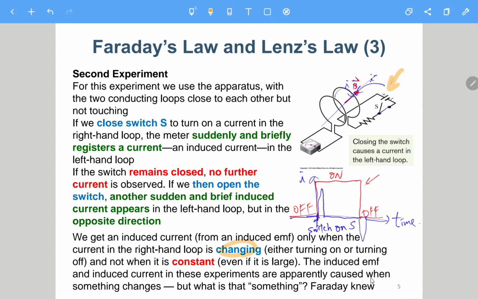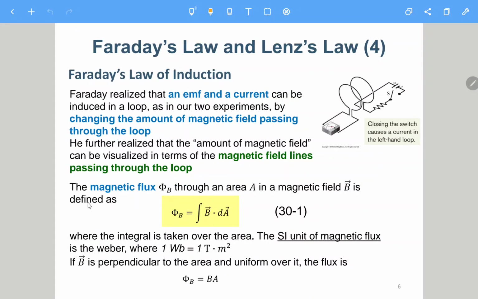Okay, so finally he said, what is this something? Apparently it matters when something changes. But actually, I already told you, it is the magnetic flux of this loop. So what is this something? Oh, Faraday's. Okay, but I also know. So here it says that